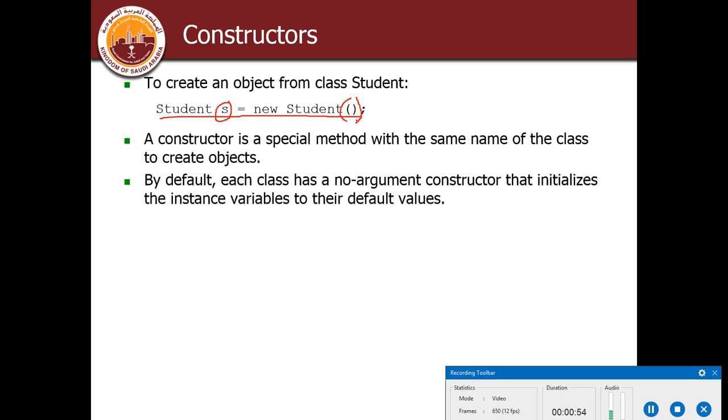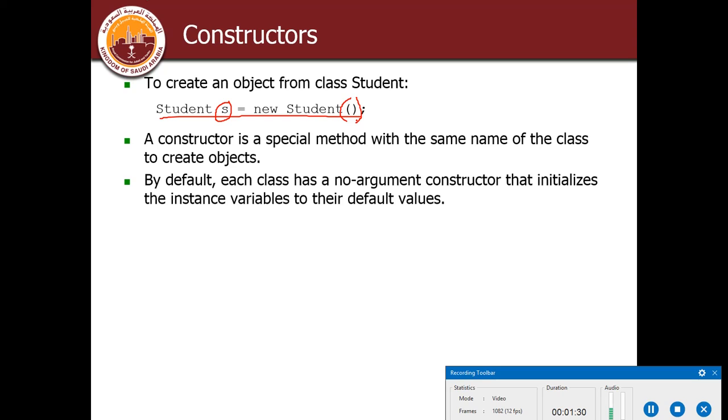Alright, now we know that all the objects that are created in the class must be given some initial values. Whenever you have variables that are declared in the class, and when you access those variables with the help of the objects, they are given some initial values. For example, if you have declared a variable of type integer, it has a default value of 0. If you have declared a variable double, it has a default value 0.0. If you have declared a variable string, it has a default value null.